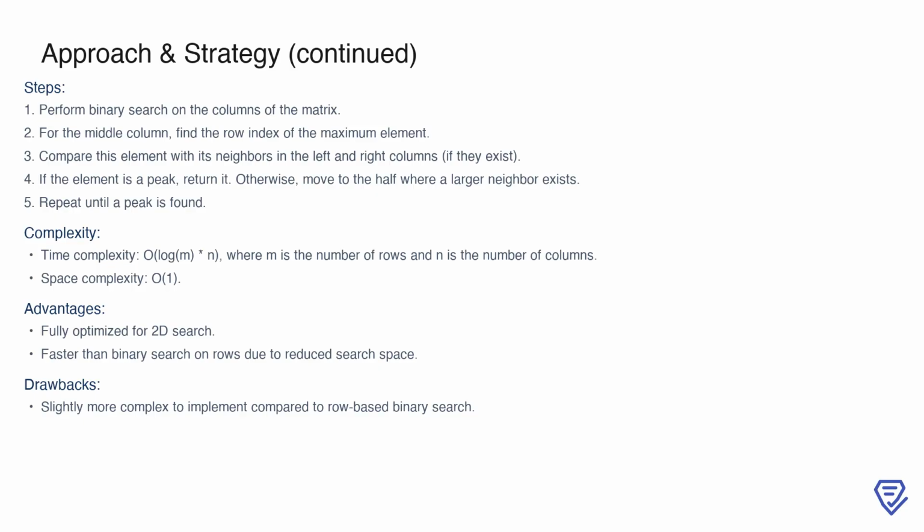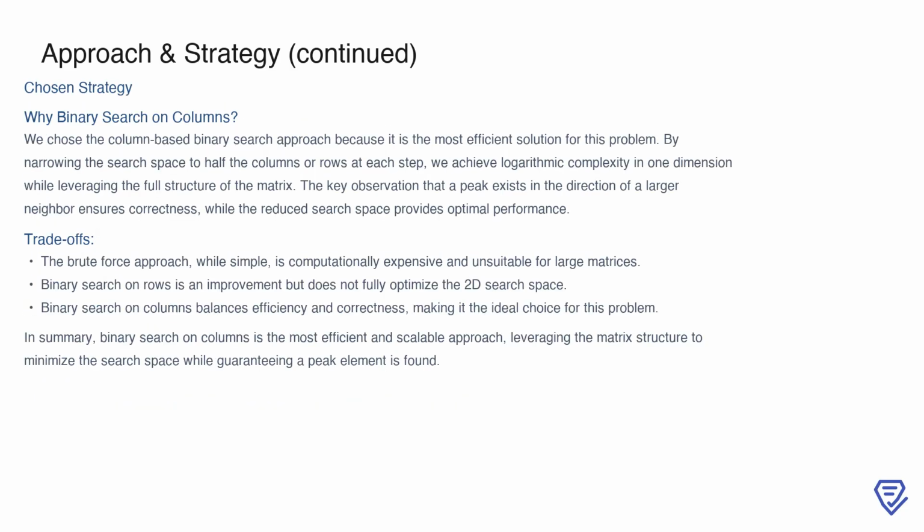This column-oriented binary search is fully optimized for a 2D matrix because it eliminates unnecessary rows and columns at each step, significantly reducing the search space. While it is slightly more complex to implement compared to row-based binary search, the efficiency gains make it a better choice for larger matrices. After considering the different approaches, we have chosen the column-based binary search as the strategy to